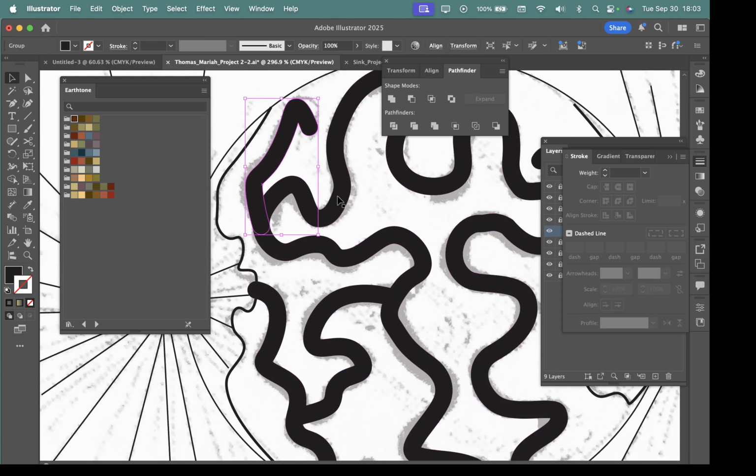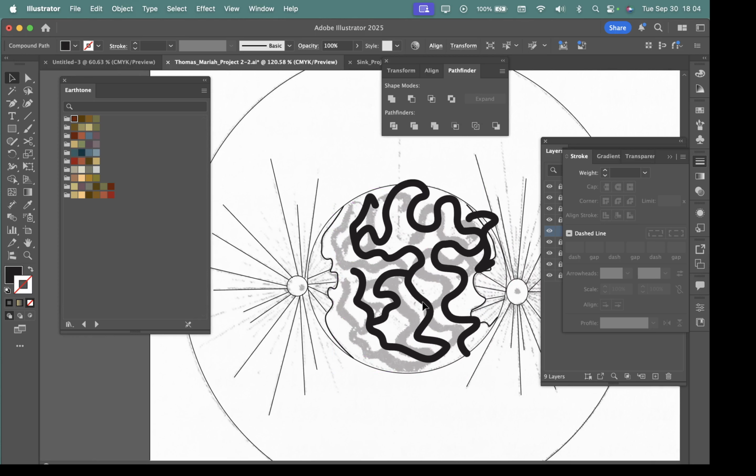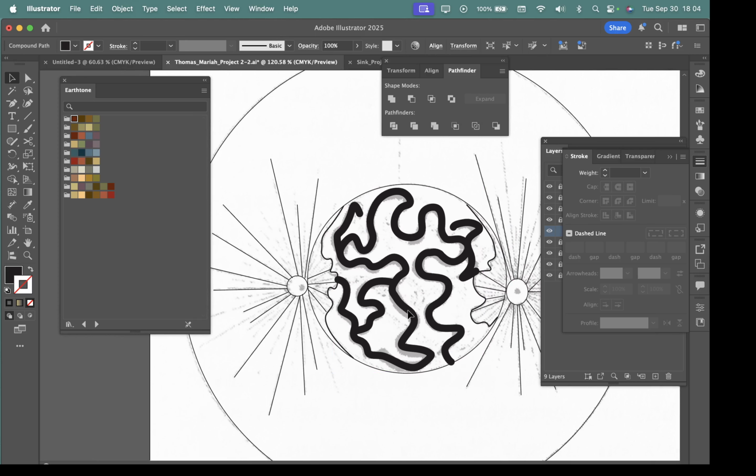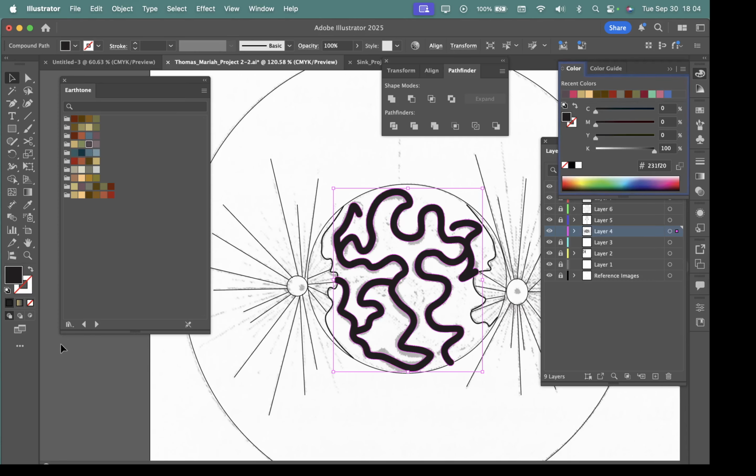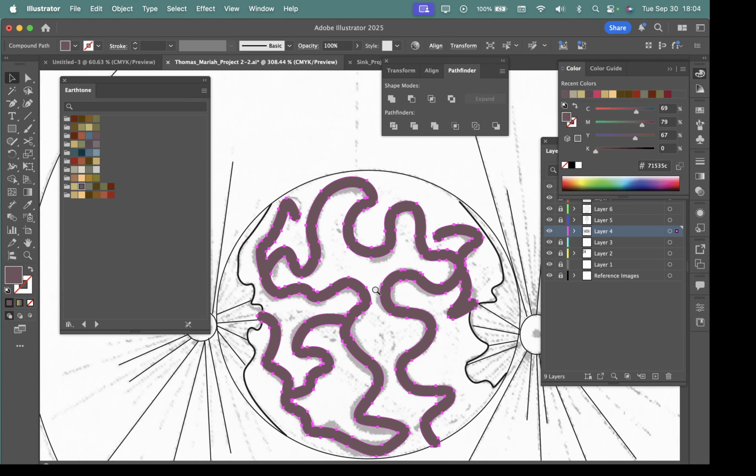Now let's do the same here. We want to just select both of these, Unite, okay, and now we have a single object with no stroke and filled with black. So now if we want to apply a color to it, we can just click a color swatch. I wanted to fill it, so let's put the stroke at none and bring the fill to the front. Okay, so I'm going to fill it. See, I can just click one of these swatches and fill it with color. If I wanted to apply a stroke and choose a color,